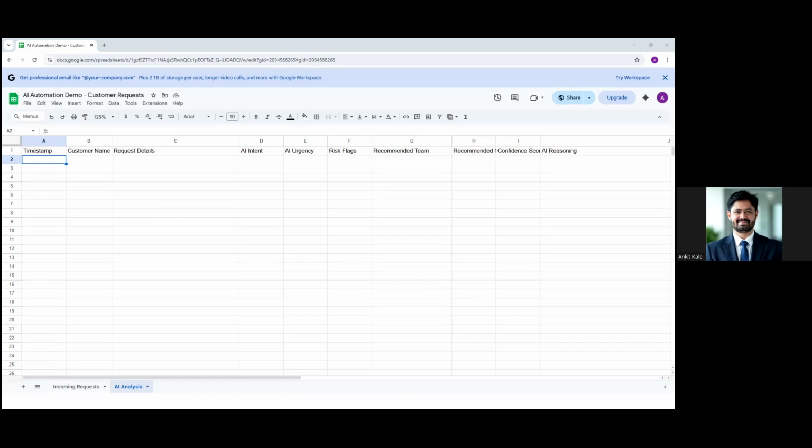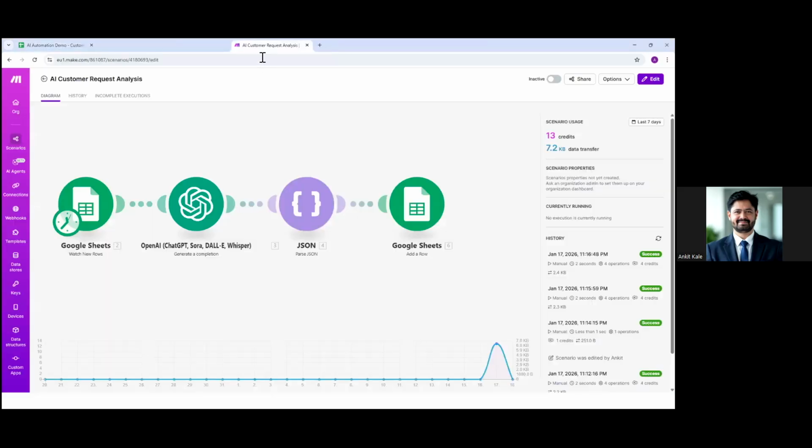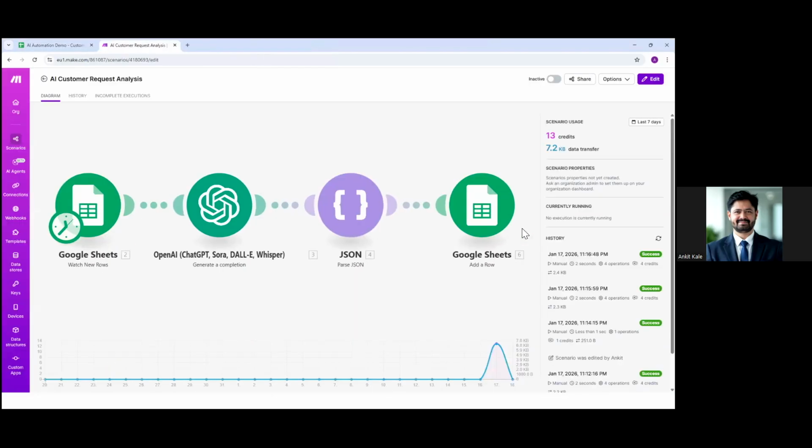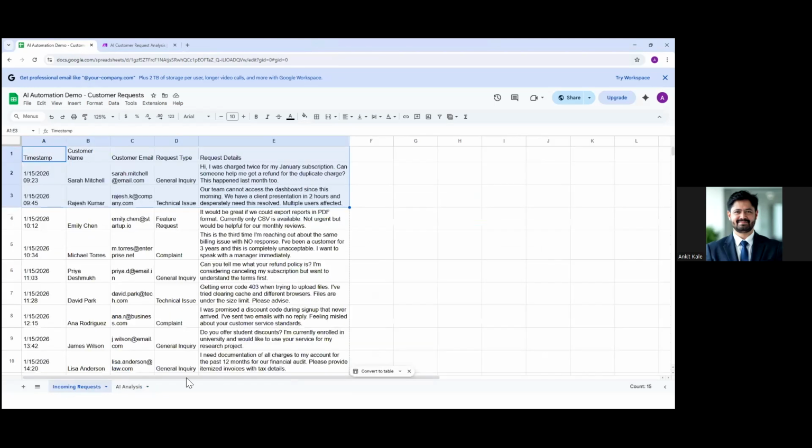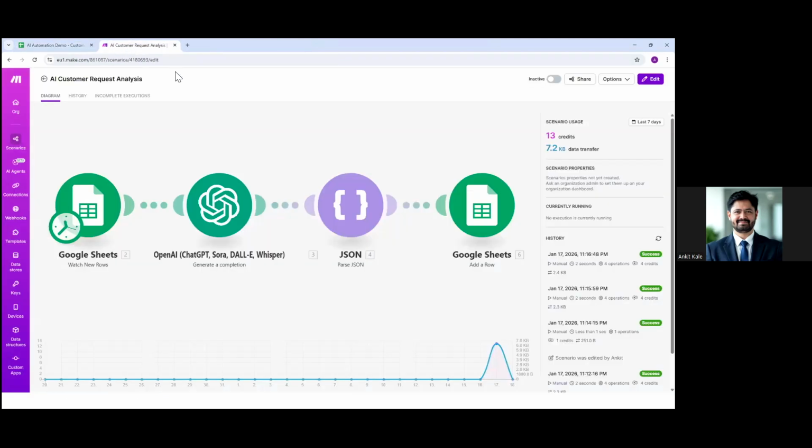So the platform I am using for running this automation is make.com. It is a no-code tool. What happens is I have created connections in the background, which I'm going to show you right away. This is the spreadsheet I have connected, and I'm using an LLM in the backend just to understand what is going on over here. Of course, there are different parameters which I have given.